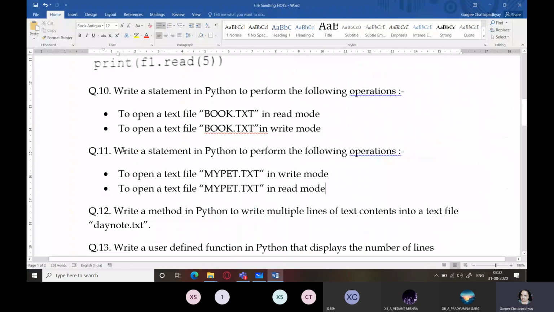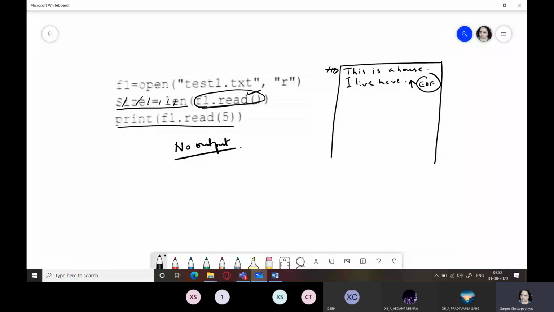Yes, look here everyone. Question number 10, write a statement in Python to perform the following operations. To open a text file book.txt in read mode. So you have to open book.txt in the read mode. So what will you do? File equals open book.txt in the read mode.